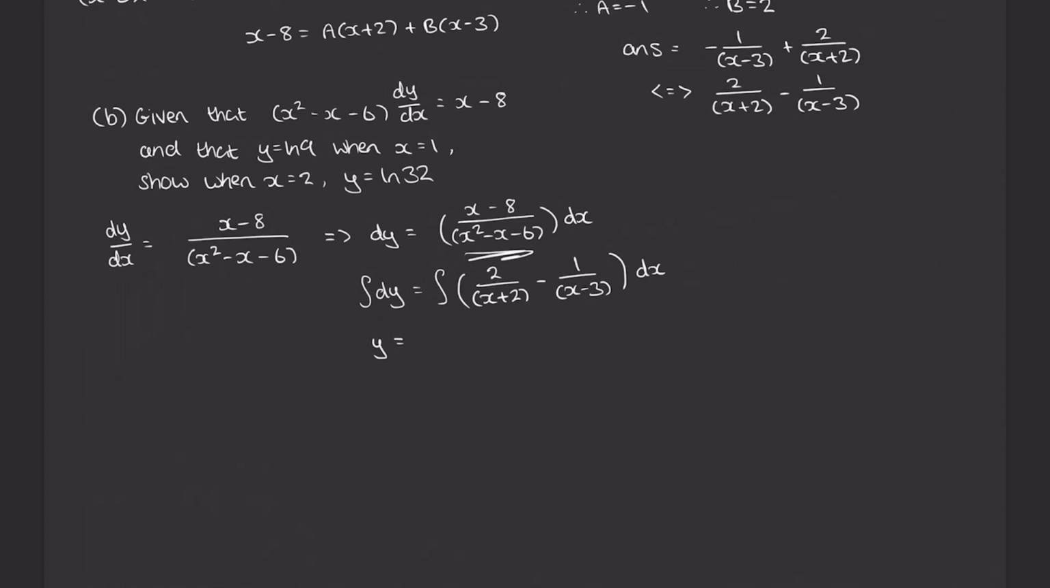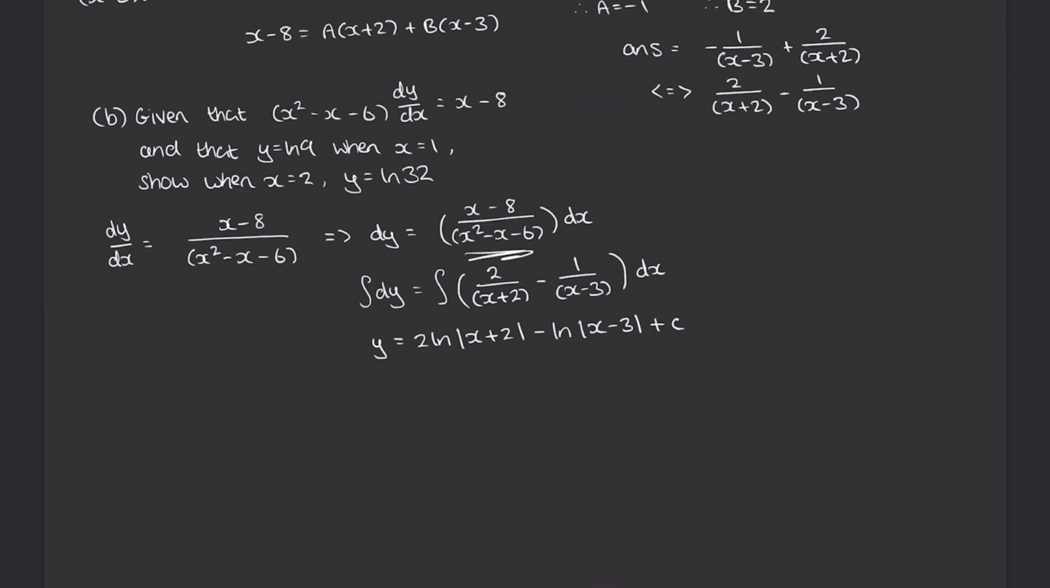So it'll be equals to 2 natural logarithm modulus of x plus 2. I think that's correct. Yes, it is. Then subtract ln of modulus of x minus 3. There we go. And obviously we've got to remember the plus c, our arbitrary constant, right? And of course we know that